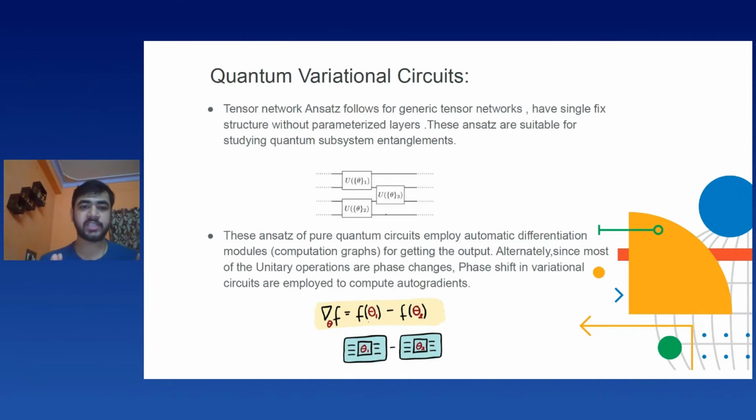So why do we need this? Because we want to combine the power of classical learning with quantum learning, quantum pure circuits. So what we do is wrap that quantum layer in a Torch layer, a PyTorch layer, or in the form of a TensorFlow layer. And we merge it and club it with a classical circuit.